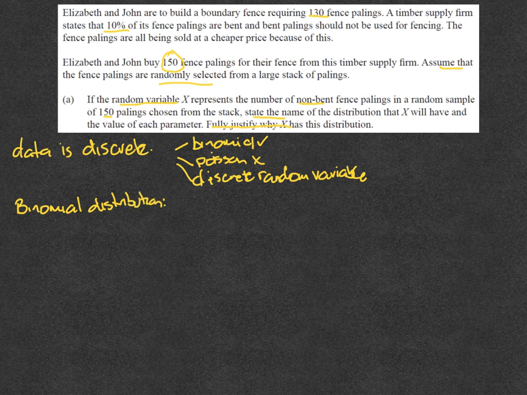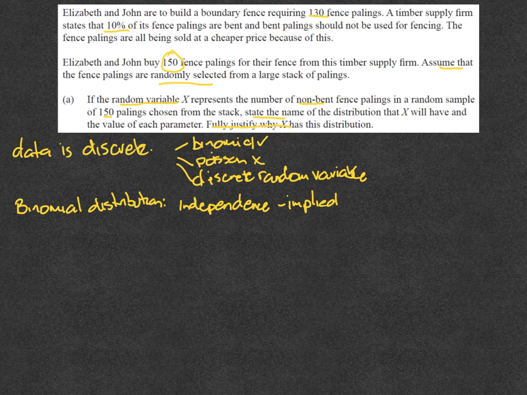That's the first thing. And then it says state that X will have and the value of each parameter. Okay, we can do that and fully justify why X has this distribution. So you need to go through all the reasons, and this is why it's important. You need to know the reasons for each of these distributions. So first of all, a binomial distribution, there's independence basically, and this is implied in the information that you're